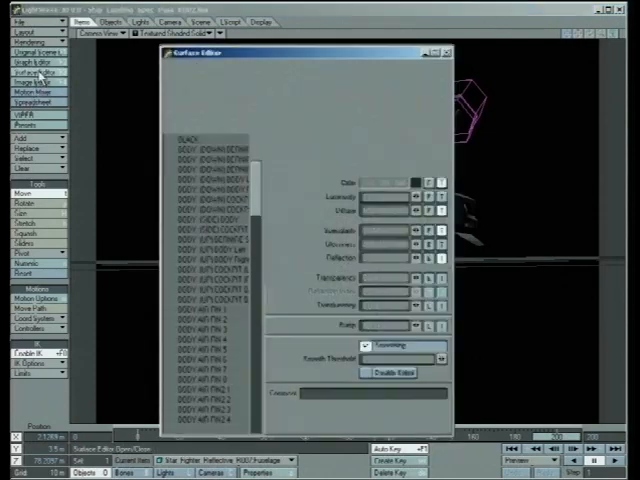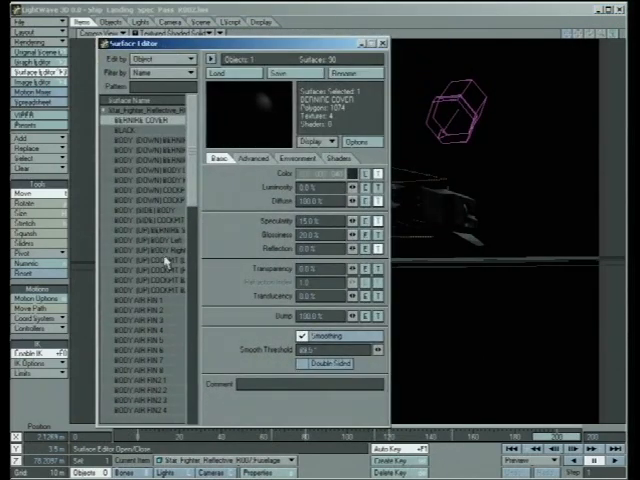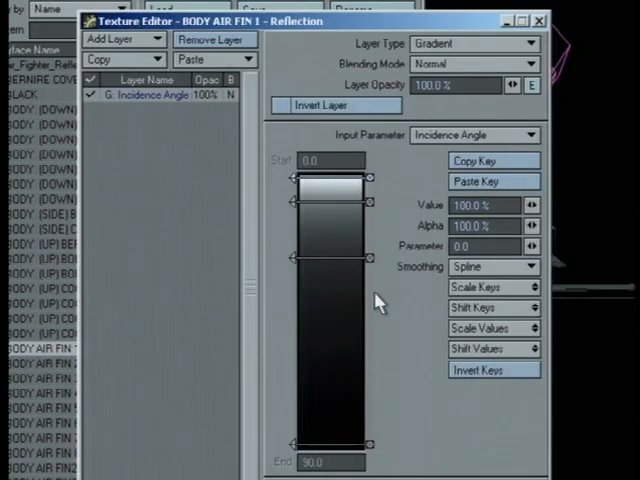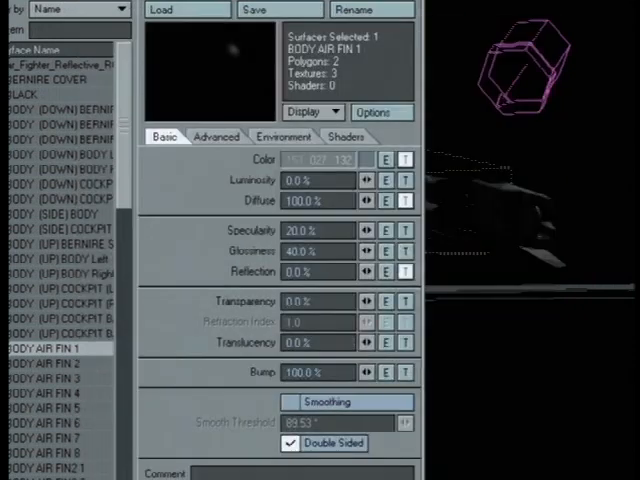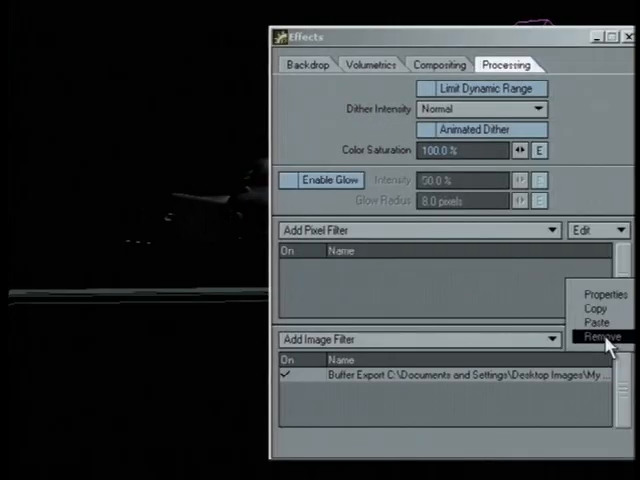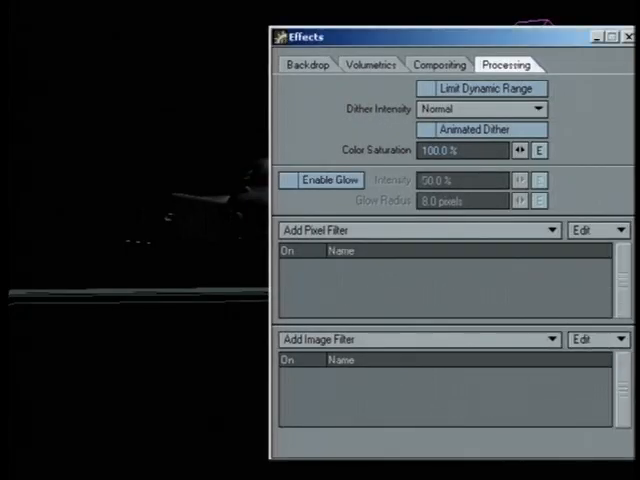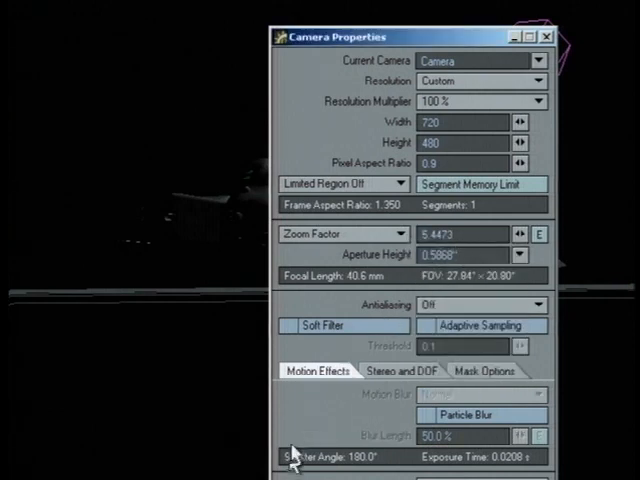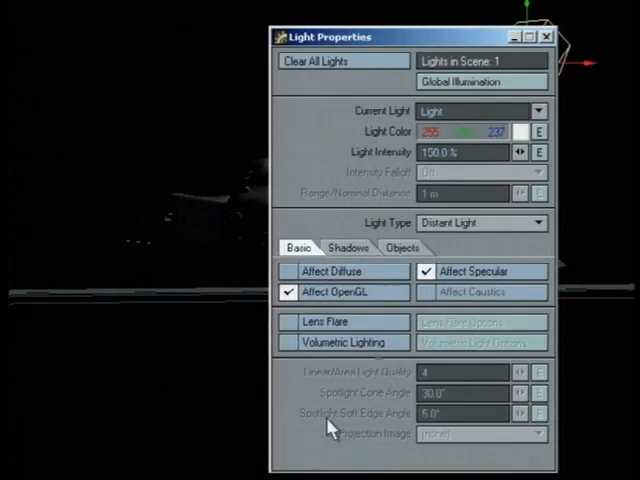And just to show you what's going on, just pick a surface here and look at the reflection texture. And this is using an incidence angle, which gives the nice Fresnel effect, it's called, where the object gets more reflective as it becomes more edge on to you. So now we'll open our render buffer export. We're actually going to remove this, as we're just going to be going right out of the camera with this one. Turn our anti-aliasing off and turn our lights off